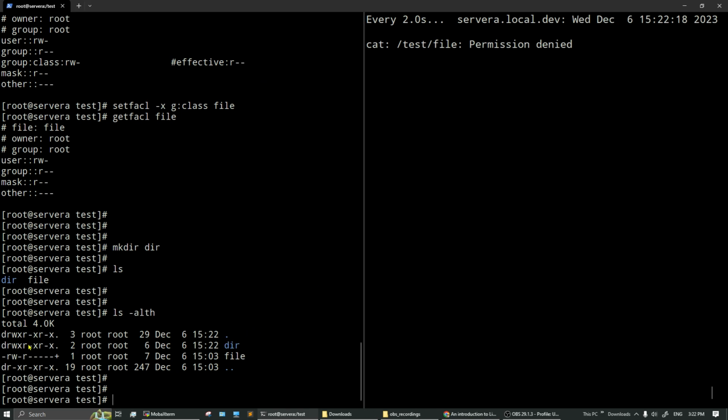So let's give ACL permission to the directory. So what is the default permission? Default permission means that if we assign some default permission to a directory, then all the subdirectories and the files inside that directory will get the permission given to it. Okay, so let's give it a permission. For example, let's